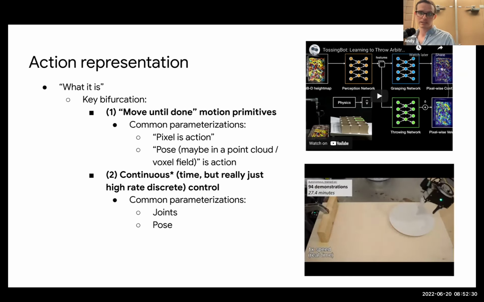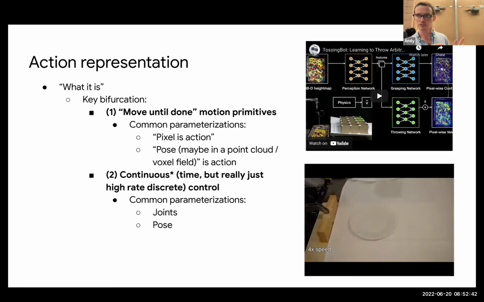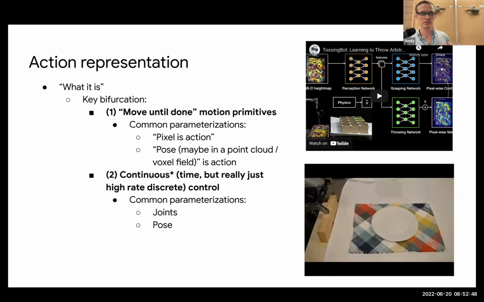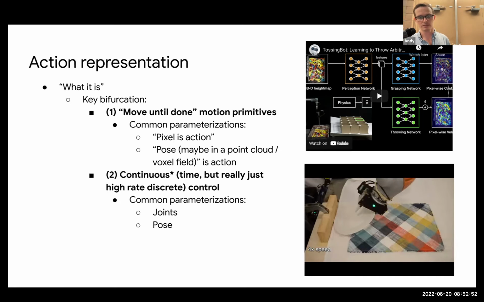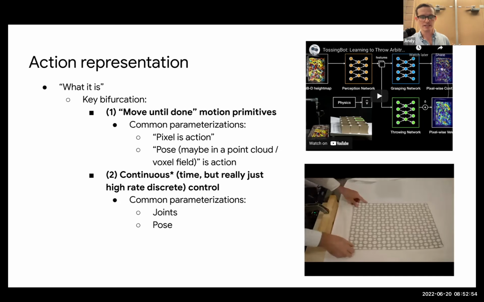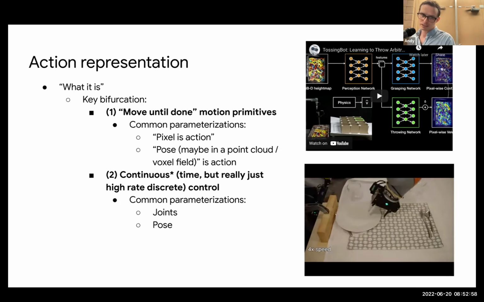And that is actually the type that's operating in the Colab that we gave out today. Some common parameterizations of what the learner chooses as its action: you can consider pixel as action, which is a really nice setup and works nicely with a lot of computer vision tools. Maybe a pose, in a point cloud or in a voxel field, is an action. That's one way to do it. I'll come back to why these are good choices for this motion primitive style. Another option